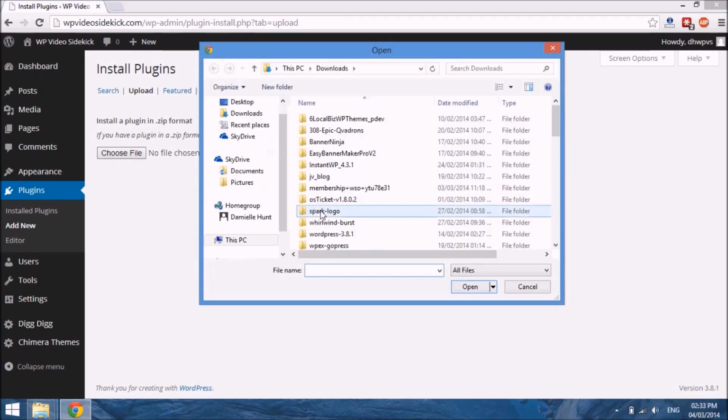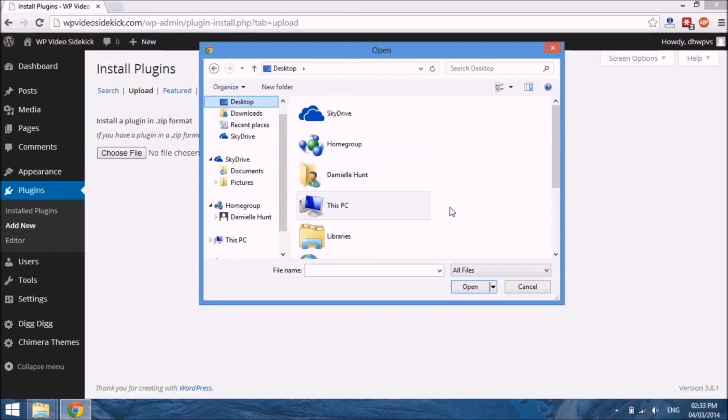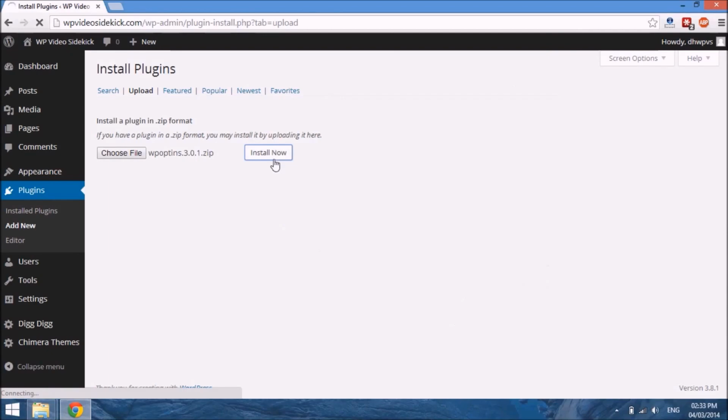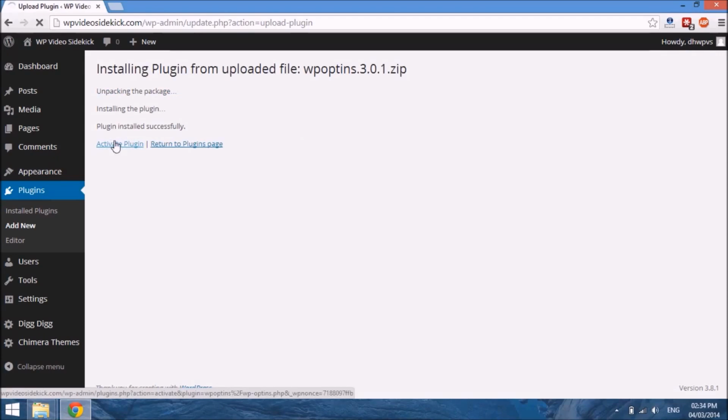Choose file, and then you would just locate it wherever it is on your PC or your Mac. I have this plugin on my desktop, WP Optins, and I will just install. And then again, like I said, whenever the plugin is installed, you will have the option to activate, and then from there you can configure the additional settings if there are any. Right, so once the uploading of the plugin is done, you can just activate your plugin,